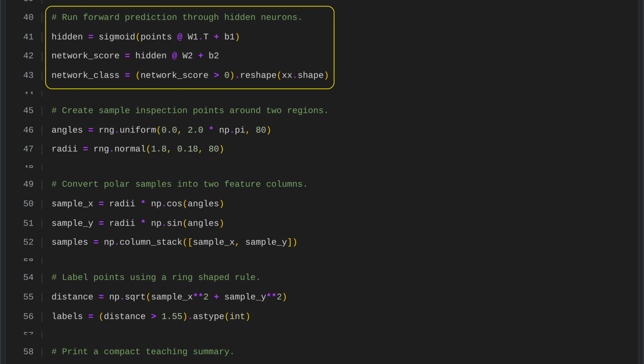The network first computes the hidden layer by combining the grid points with the first weights and biases, then applying the sigmoid function to produce neuron activations. It then combines those activations with a second set of weights and a bias to get a prediction score for each point. Finally, points with scores greater than 0 are assigned to one class, and the results are reshaped into a binary map